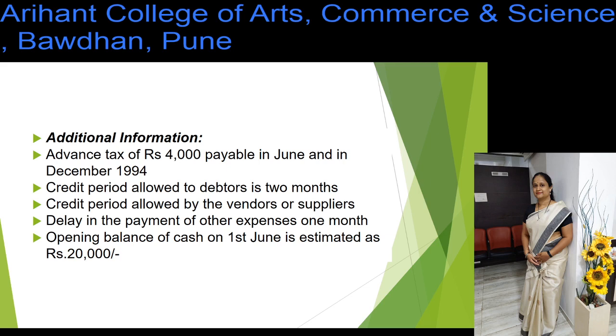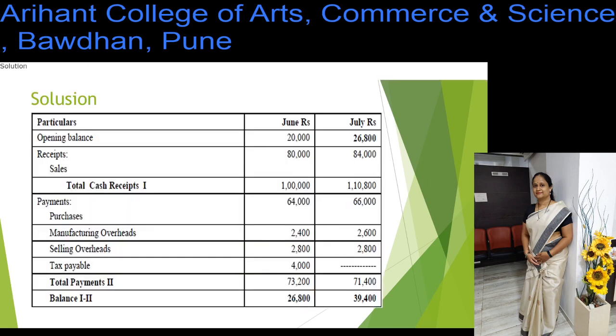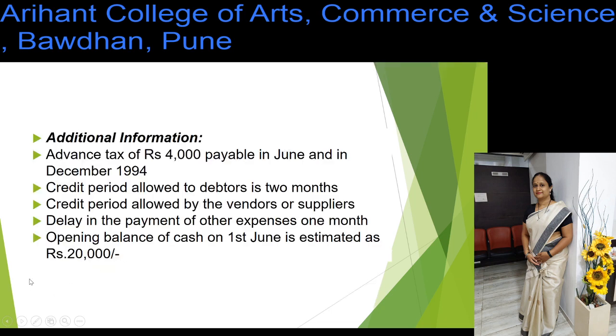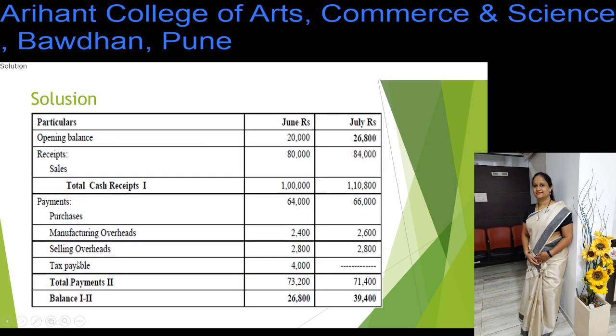first, our main priority will be to make a format of the cash budget. You need to write cash budget in the books of, and for the period. Then you need to write particulars and the months for which you are preparing the budget. Then the very first step will be to write the opening balance given in the problem. In this problem, the opening balance for the month of June is 20,000. So our very first entry will be the opening balance of 20,000 for the month of June.